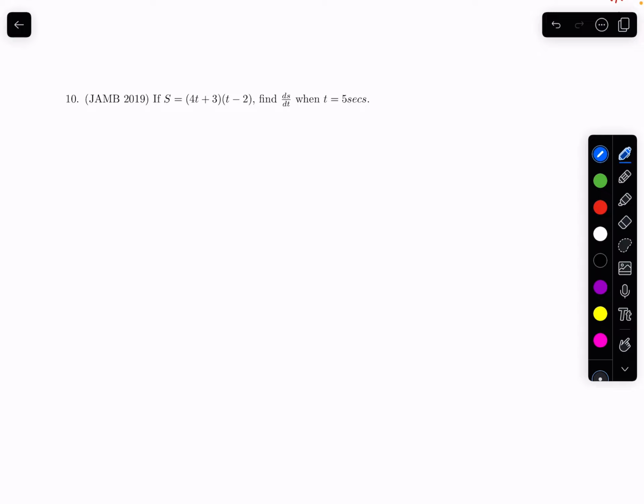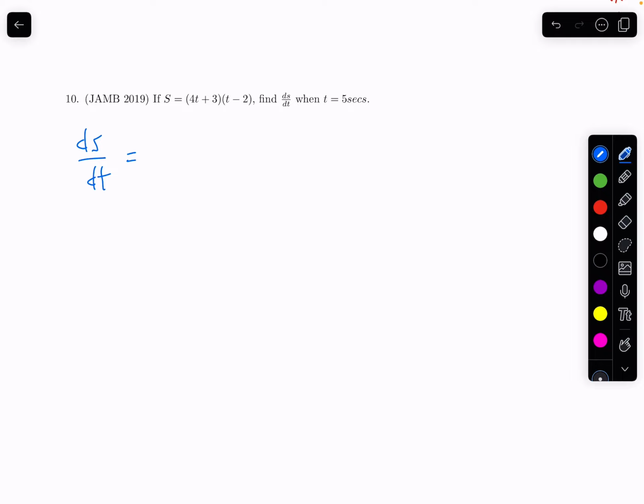find the derivative of this equation. S is equal to 4t plus 3 times t minus 2, at t is equal to 5 seconds. So ds/dt. Before I do this, instead of using the product rule, I can just